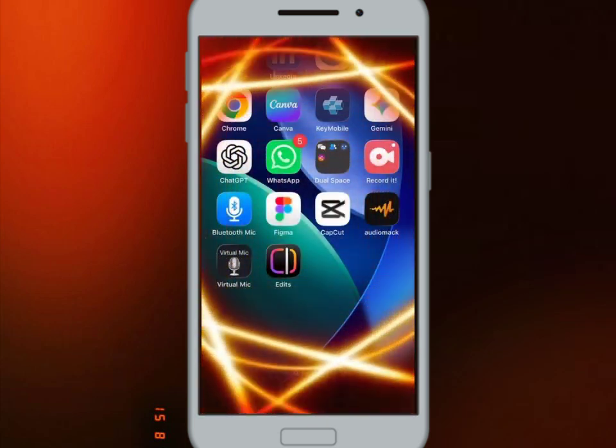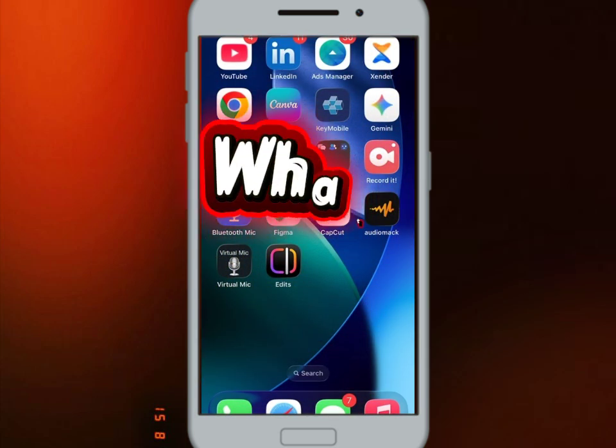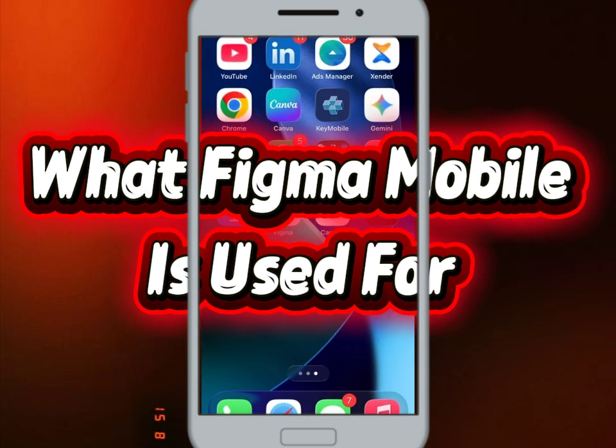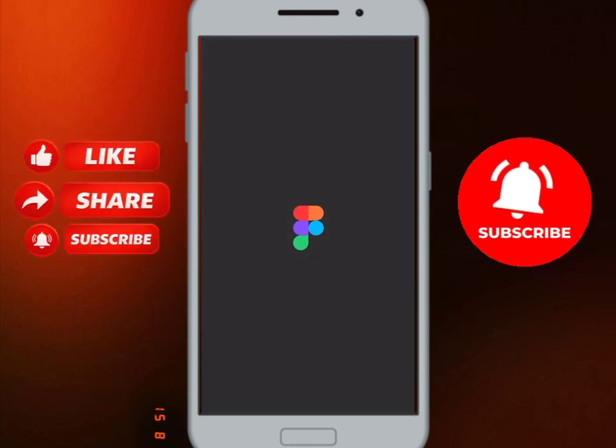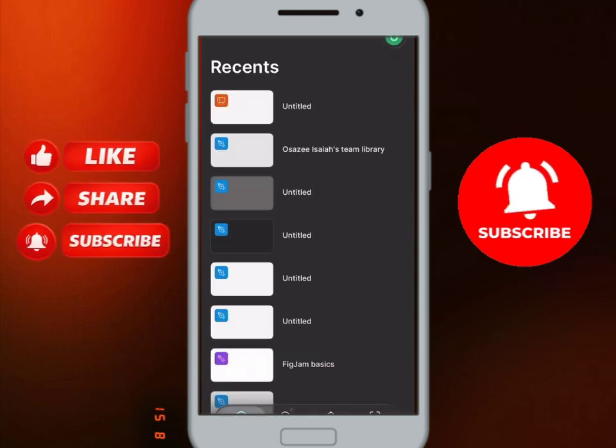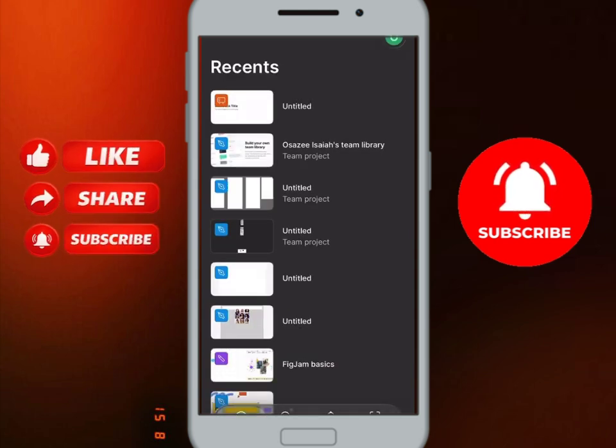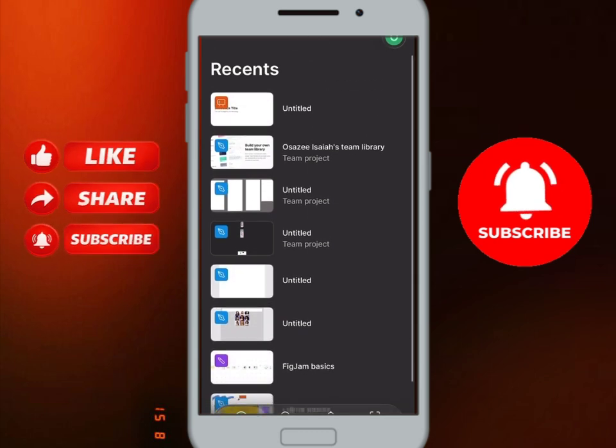All right, so I've received a lot of questions about the Figma app. This is what you use the Figma mobile app for. Let me just go over to the Figma mobile app. A lot of people have asked me questions in my DM about what they can do with their Figma mobile app. I would say that you really cannot do much with your Figma mobile app, all right, because the